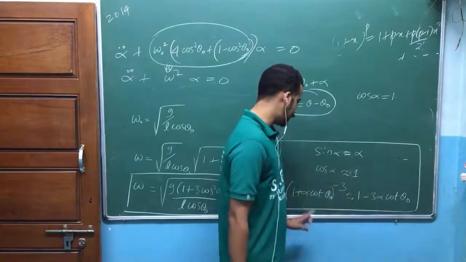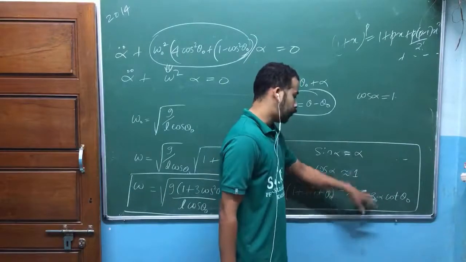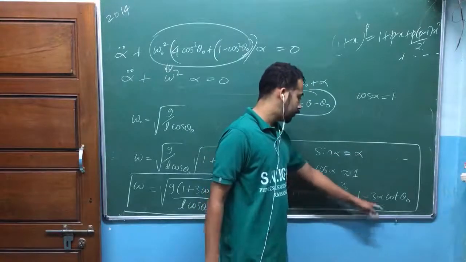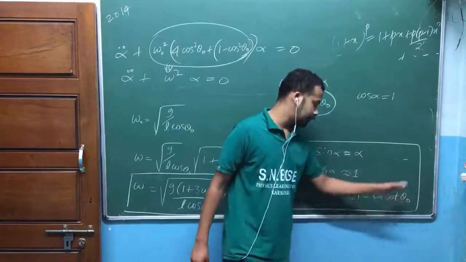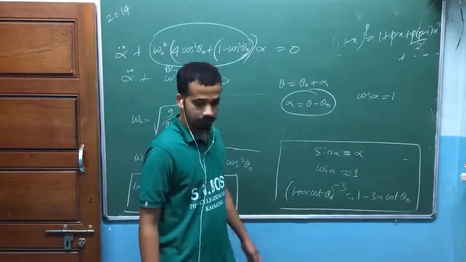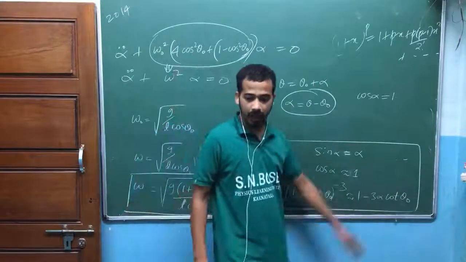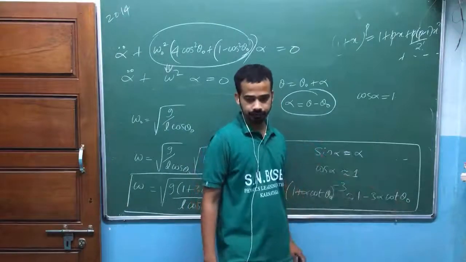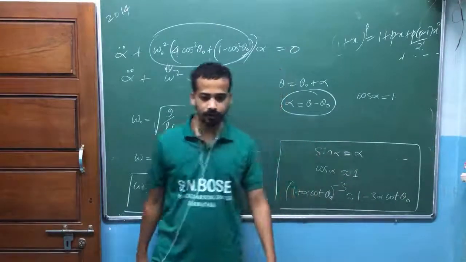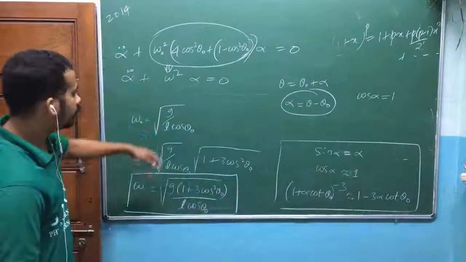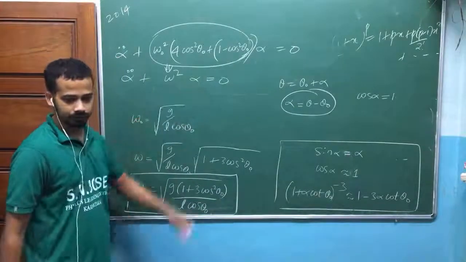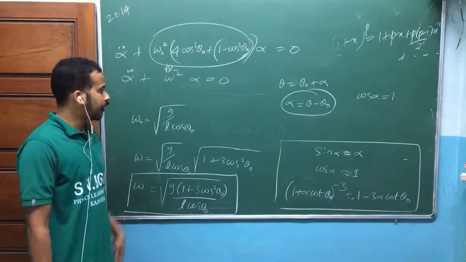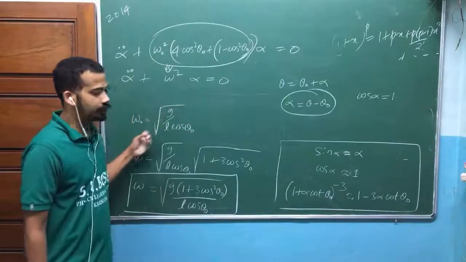So one more step came. I don't know whether you remember or not. This 3 alpha cot theta naught is multiplied with alpha tan theta naught. Some 3 alpha square into 1 came, and that term also we neglected. We just retained the first power in alpha, because ultimately we should try to write this kind of equation. That's our idea, because of small angle approximation. Unless you get this kind of equation, you can't define frequency, isn't it?